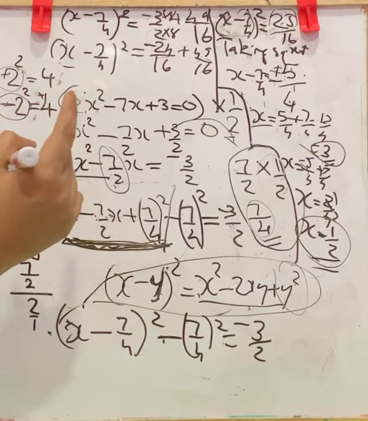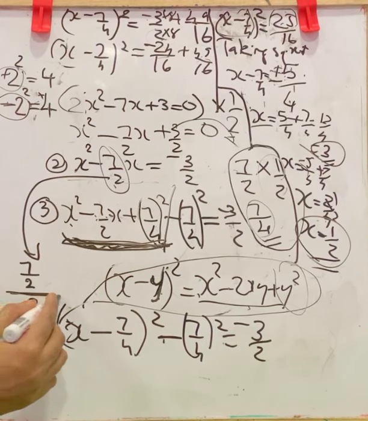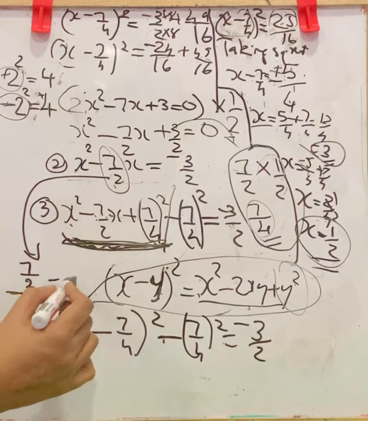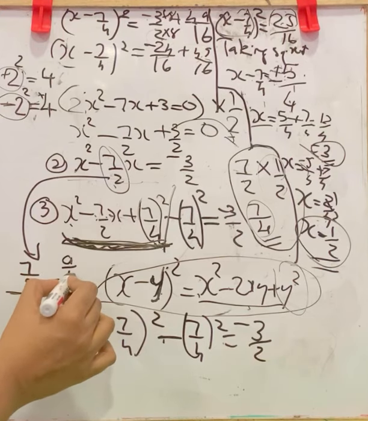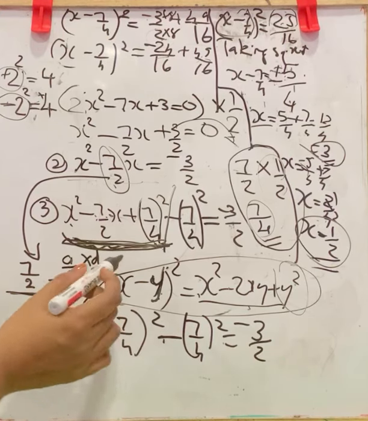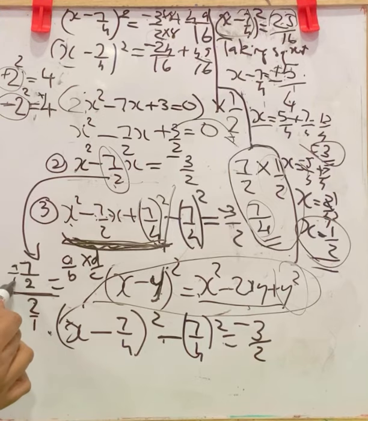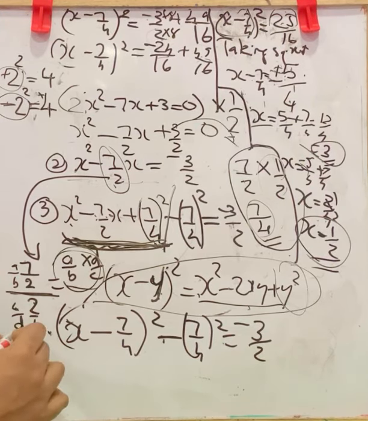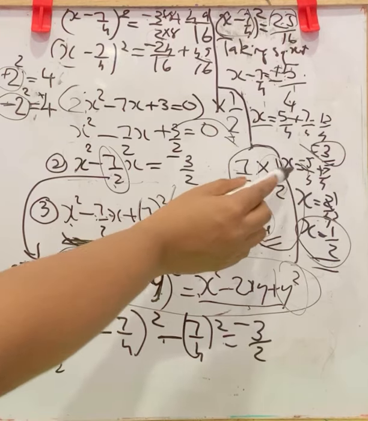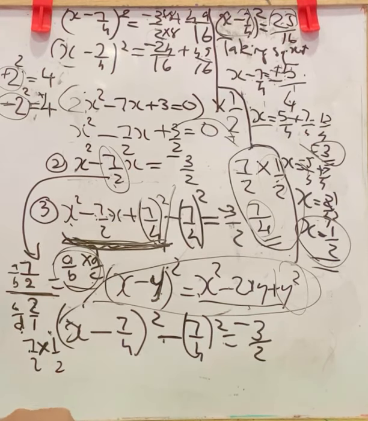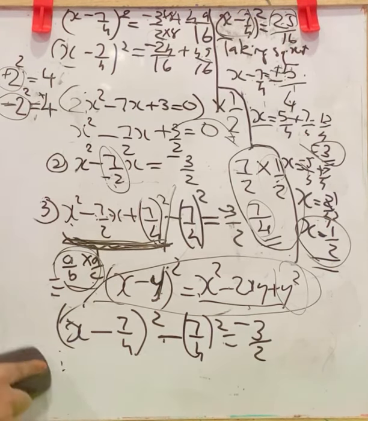And we have already learned a by b whole divided by c by d. We can use a by b into d by c. That is, here it is a by b by c by d. 7 by 2 into c by d converts to d by c after multiplication. So d by c means 1 by 2. That is what we have done here. So don't get bothered about this. Simply remember that